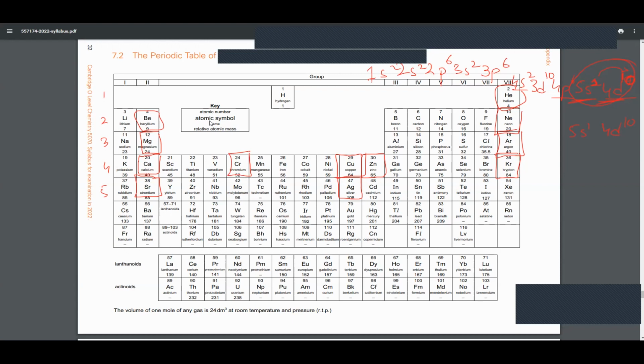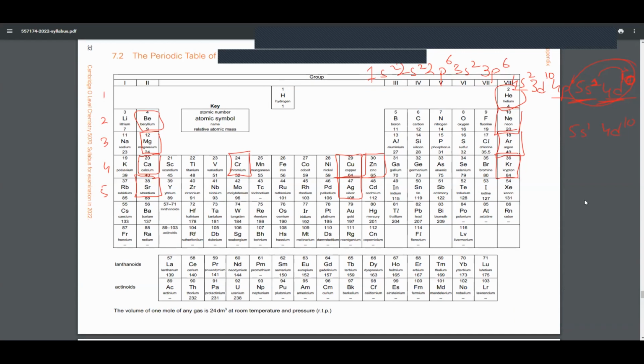Because when you remove electrons, they are removed from the highest energy level first. So 5s, after it's filled up, will have higher energy than 4d. So इस वजह से जब सिल्वर में से इलेक्ट्रॉन रिमूव होगा तो वो सबसे पहले, when silver will remove electron, it will remove it from the highest energy first. So इस वजह से 5s वाला इलेक्ट्रॉन सबसे पहले remove होगा, which is why we usually find silver in +1